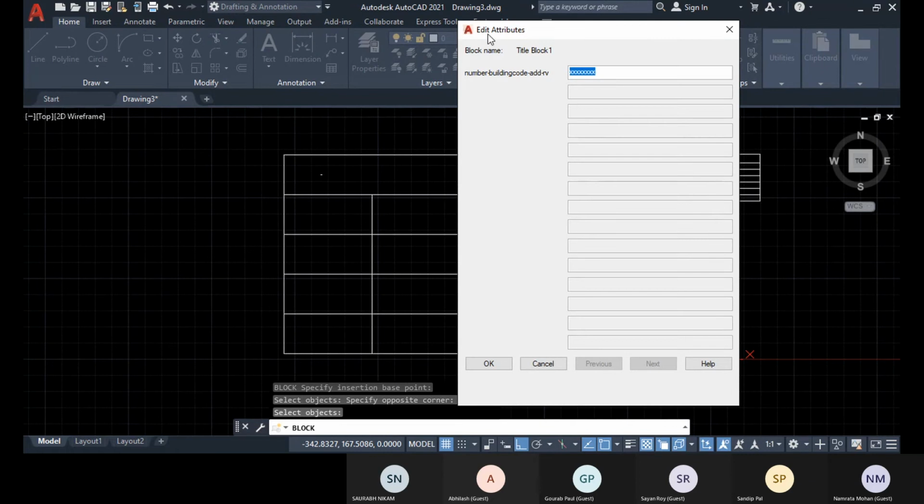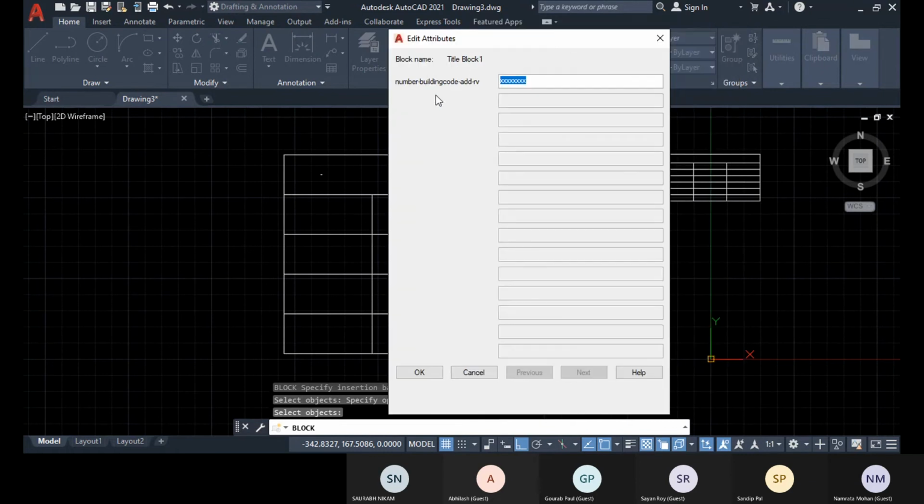Now you see this edit attribute window is coming, so I can change this default value. You remember this as a prompt value and this as a default value. I can change only this default value now. So this definition is telling me that this way you have to name it, so I can easily understand.